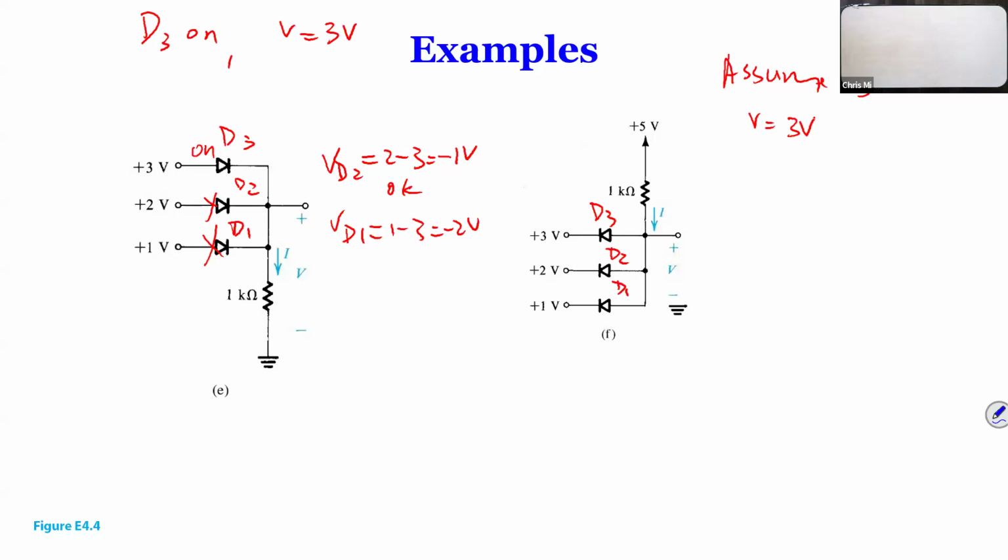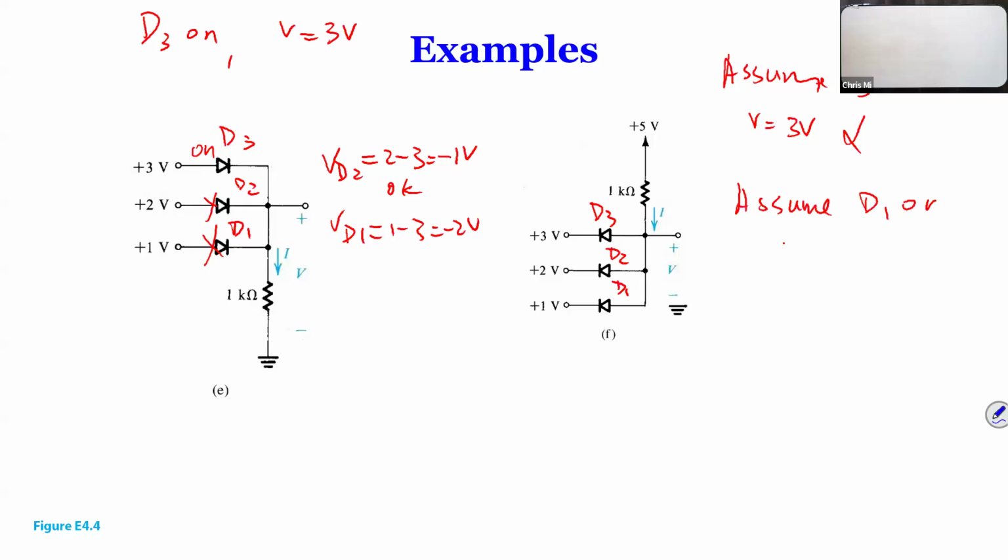If V is equal to 3 volts, we got trouble, because if V is equal to 3 and this is only 2, this cannot be 3, right? If it's 3, it will be conducting, and once conducting, it will be close to 2. Same thing here, if it's 2, it cannot happen because this must be on. So which means it's wrong. So now, at the end, we can only assume